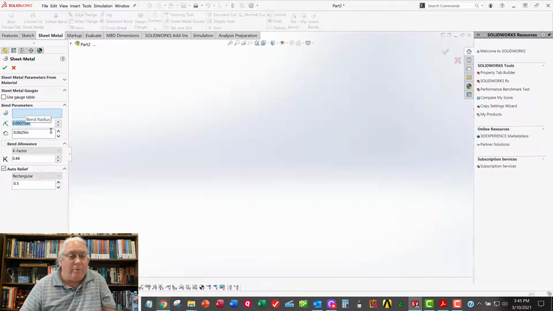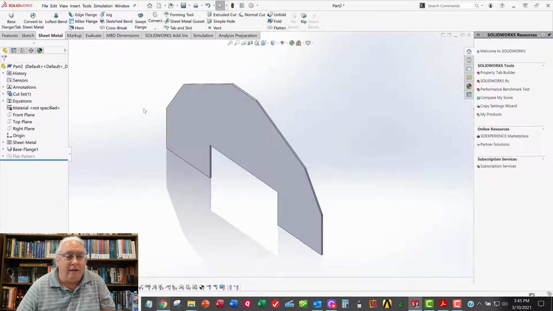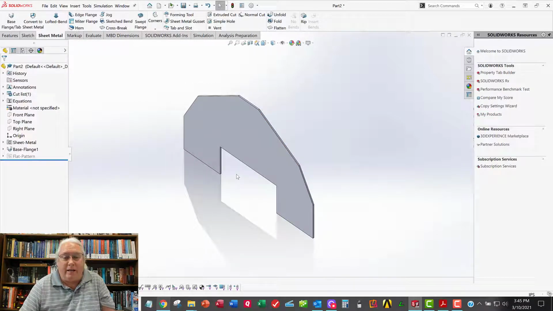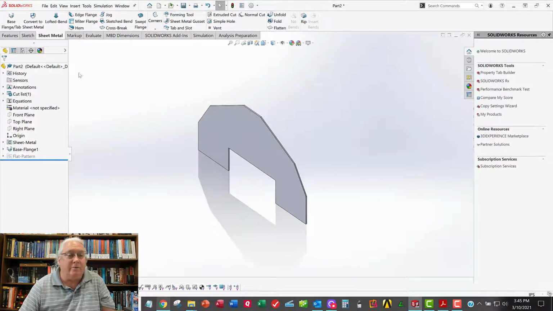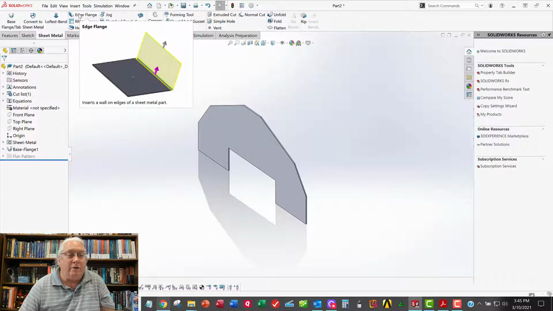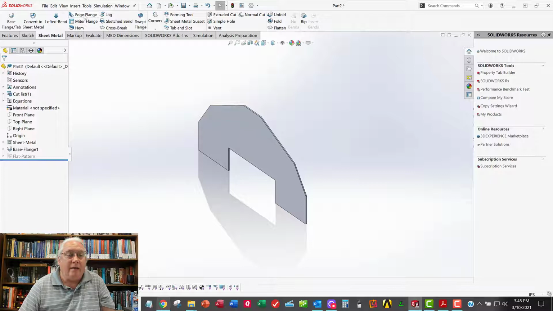So in this case I want to make it 1.5 times. So there's a default bend radius, there's a default thickness, and there's a default K factor. So now I just need to start what I call pulling flanges. And this is where this sheet metal module really comes in handy. We're going to do an edge flange,